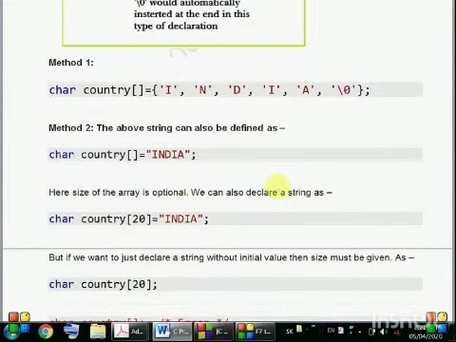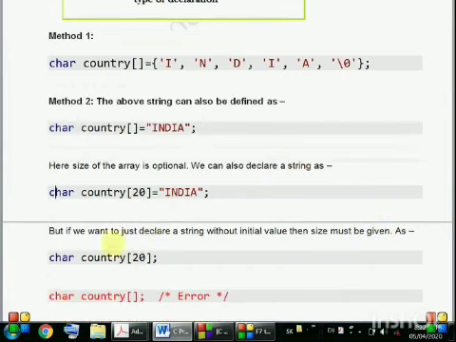Here, the size of the array is optional. We can also declare a string as char, name of the array country, then the size, here I have given 20, equals, and then the string value. But if you want to just declare a string without the initial value, then the size must be given as char, array name, and size.